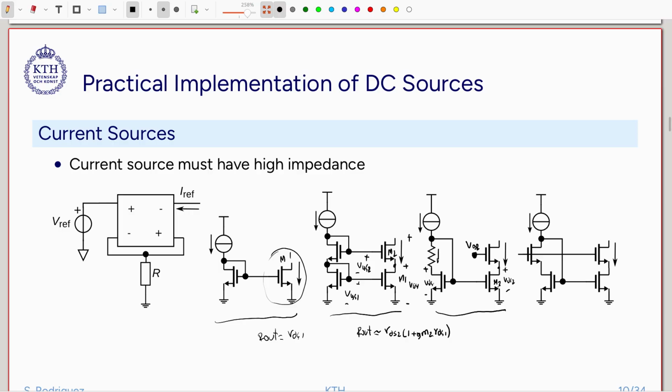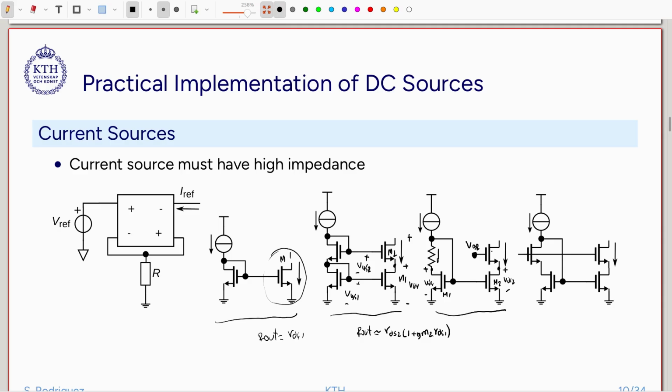In this case it is M2 here and M1. So if we track VDS2 around VDS1, then both currents will be exactly the same, and that gives me the freedom to lower